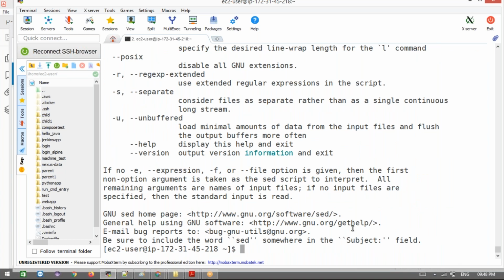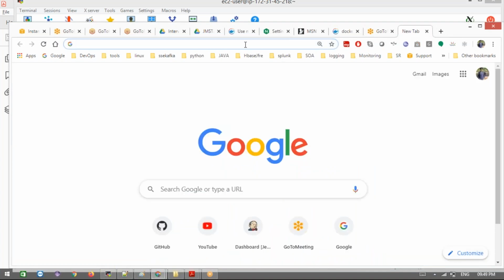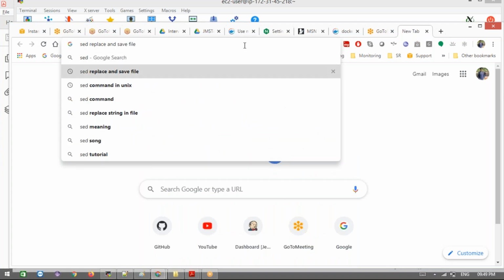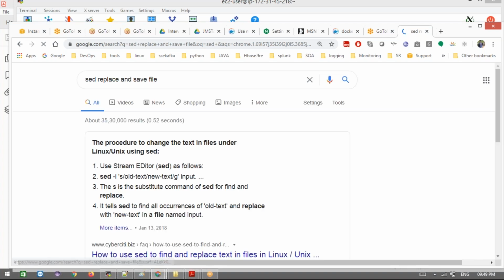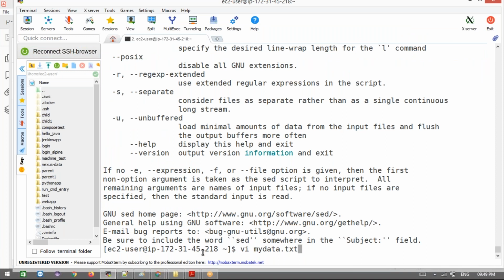We are going to use sed -i or something. Okay, let me check this. Actually, I forgot that option. I already searched earlier also. -i, yeah, yes, got it.